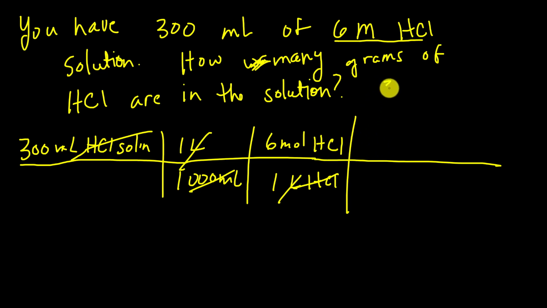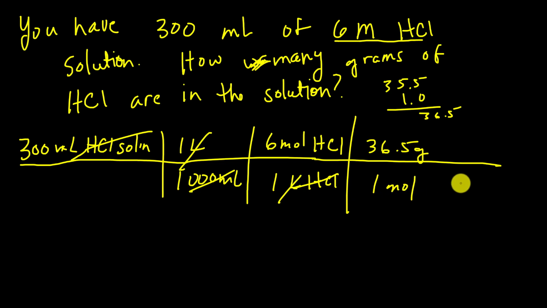Chlorine is about 35.5 on our periodic table. Hydrogen is about 1.0. So we're going to get 36.5 grams per mole. So 36.5 grams per 1 mole. And now we are to the point where all we have to do is the math. And it comes out to be, our answer is 65.7 grams of